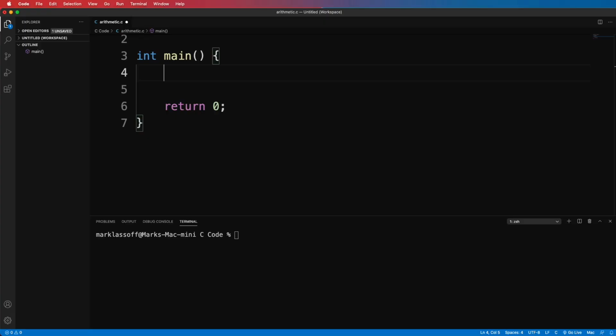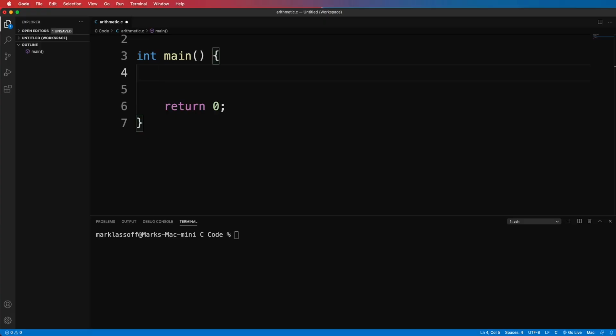I know what you're thinking. I suck at math. Doesn't really matter. What we're going to be doing is using the mathematical operators to perform the math for us. C is very good at math and very fast. So let's take a look at the different arithmetic operators that are available to you in the C programming language.